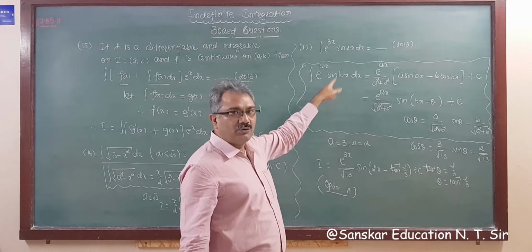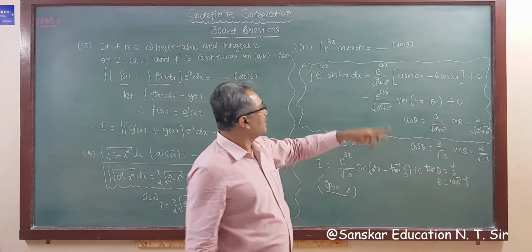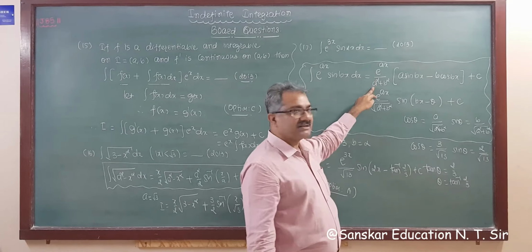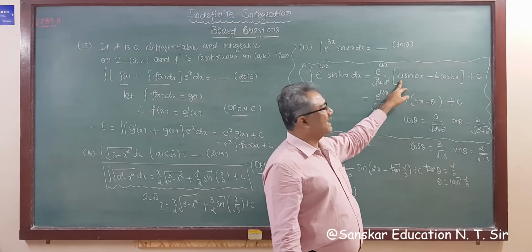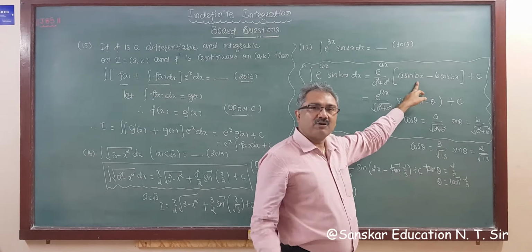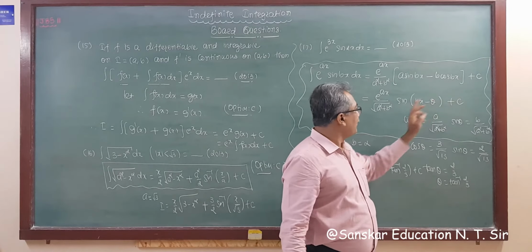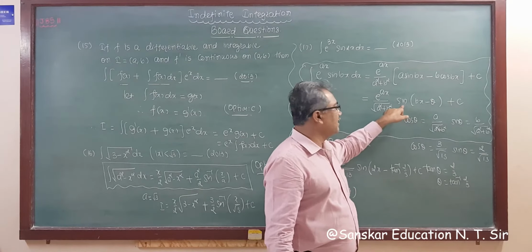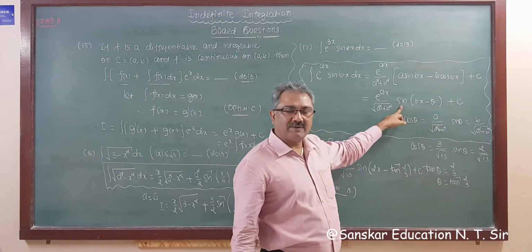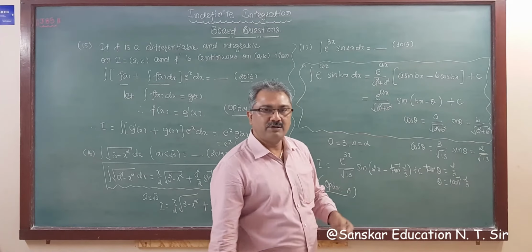Similarly for cos, you have a formula, so note it down. Similarly for cos, e raised to ax upon a square plus b square. Now cos starts with a cos bx, and cos has a plus, so plus b sin bx, right? And for this same thing, only you have to write cos here. Otherwise, it is the same formula for cos. So note it down in your notebook.